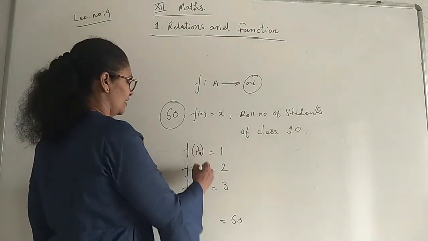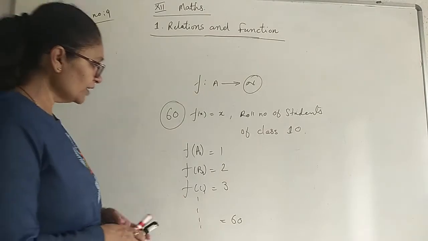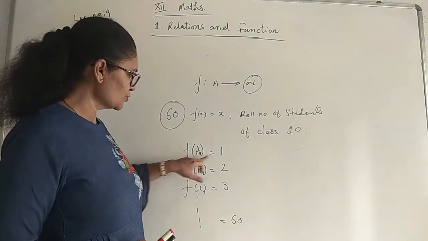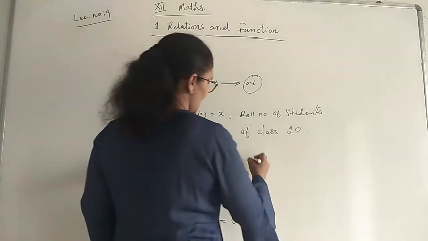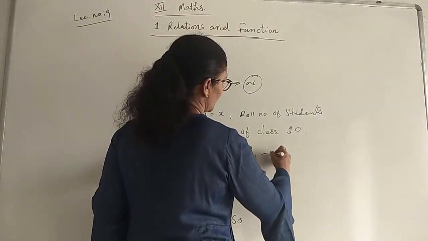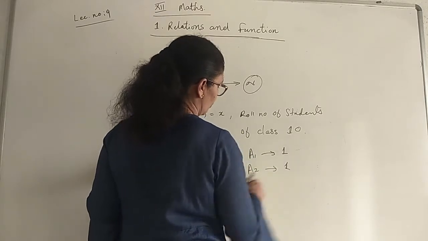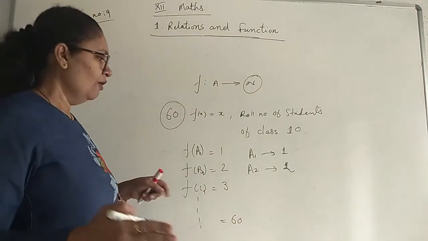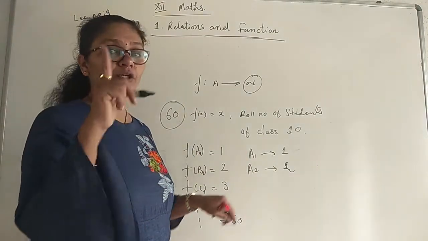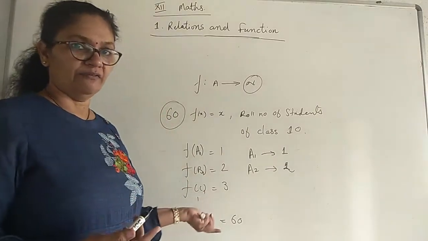Either you can say A1, B1, C1 and then you can repeat that number. What is the meaning of it? That with one student only one roll number is mentioned. Suppose I take A1, then roll number 1. So I cannot give roll number 1 to A2 also. This is not possible. I have to give roll number 2 only. For two different students, we cannot allot one roll number. So definitely it is one student, one roll number, a one-one function.